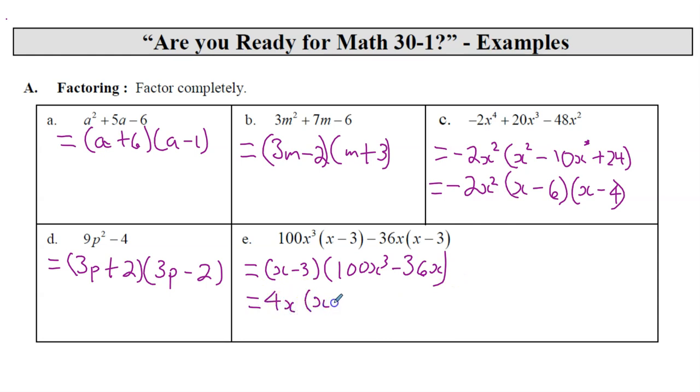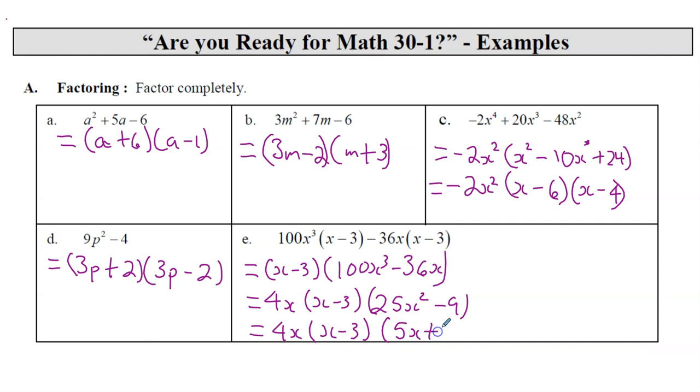And then we've got the x minus 3. And then, well, that's going to be a 25x squared minus 9. So, does this factor, right? The idea when we're factoring is we just keep factoring until we can't anymore. This is the difference of squares. And so we've got 4x, x minus 3,